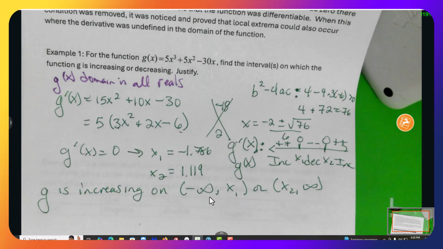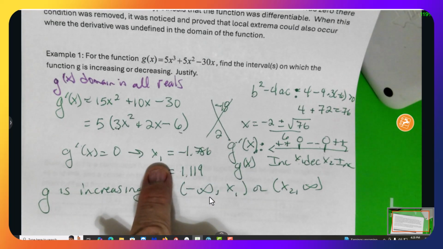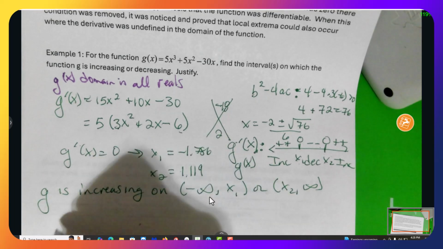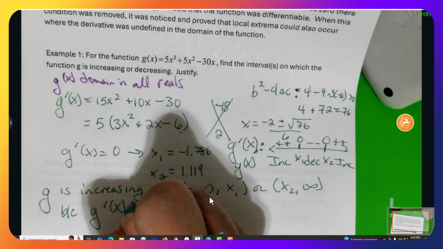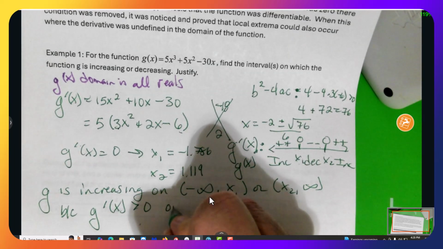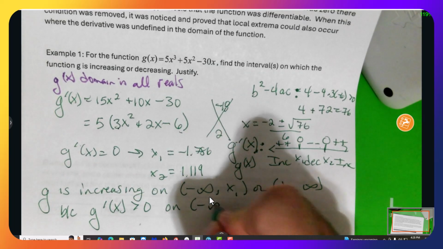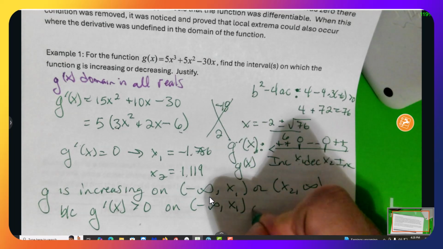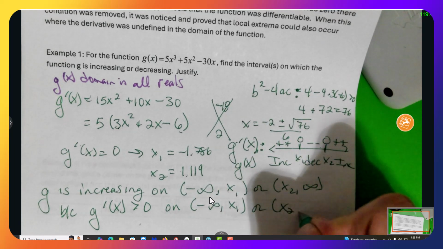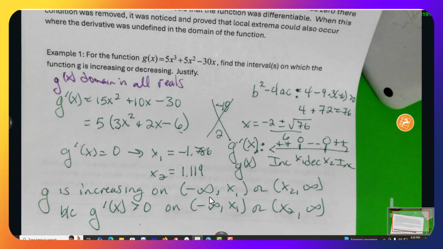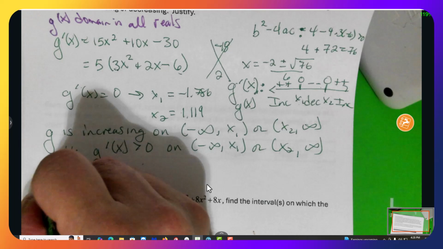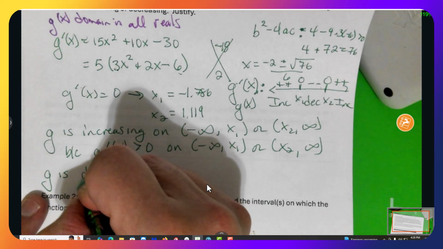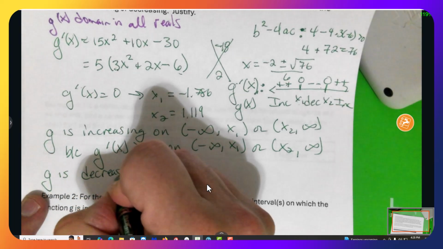The reason I can get away with that is I told the reader what x sub 1 is and x sub 2 is, because g prime of x is positive on, and now I repeat the intervals to be paranoid so they can never take anything away from me. Okay. Now let's do g is decreasing